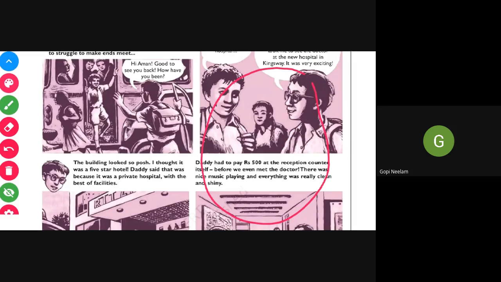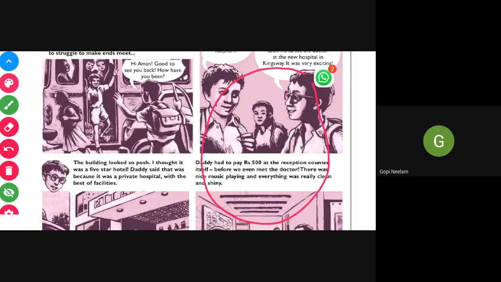After he received the report, he went back to the hospital, and there was a different doctor. So again, he had to explain everything, and the doctor prescribed him some medicine. We know what prescribed means: it is a suggestion by the doctor. So finally, he got the medicine and he went home.